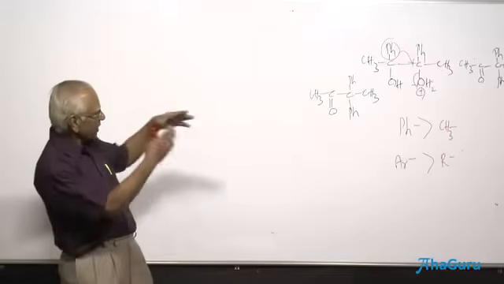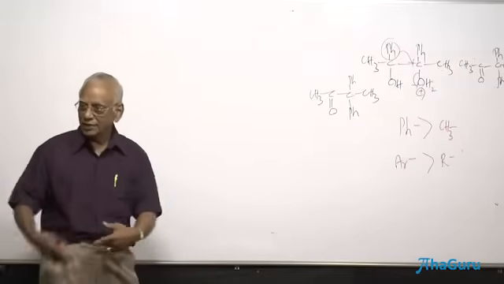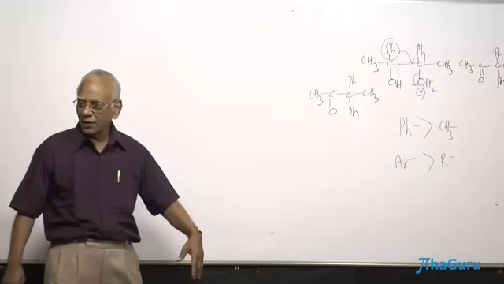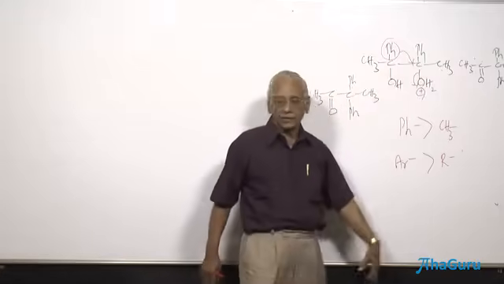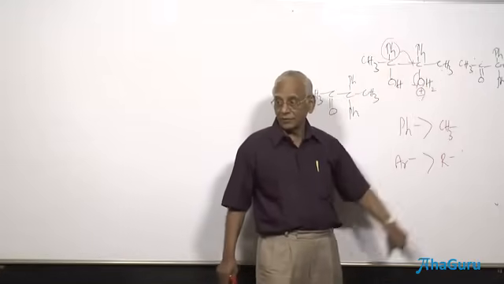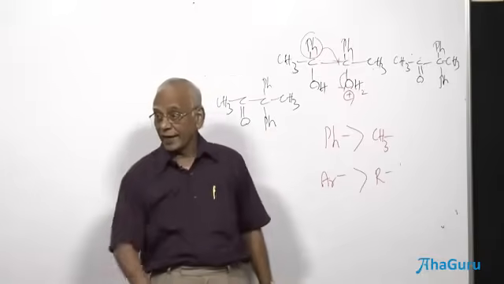Rate determining step is both of them, migration as well as removal. It is not the carbocation that is formed separately, and then we have to take care of that also plus the migration. That is the rate determining step. Migration of the group is the rate determining step. That is why